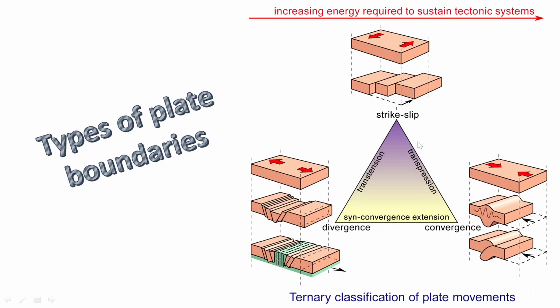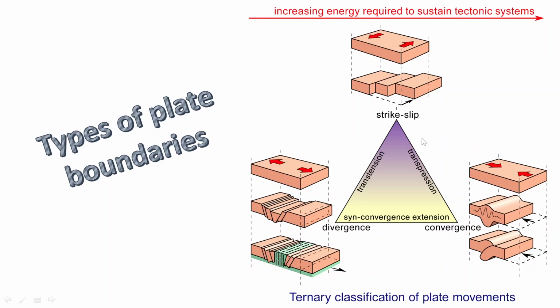of strike slip and convergent plate boundaries, which is categorized under transpression boundaries. Then you can also have divergent boundaries combined with strike slip boundaries, which are considered under transtension dominated boundaries. And also there are a very few, but there are some syn-convergence extension that has been recorded on the earth as well. So these are the three end members or three broad types of plate boundaries that you